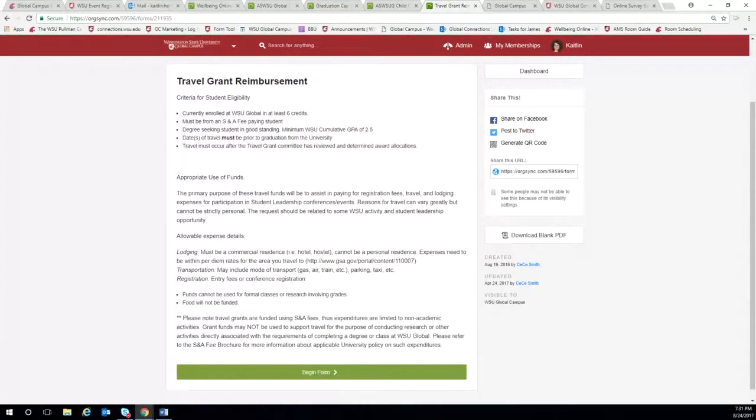These are all opportunities that could be applied for to get the reimbursement. And the reimbursement is good for lodging, transportation, and registration, just not food. And a quick clarification on this is that this reimbursement cannot go towards things that are